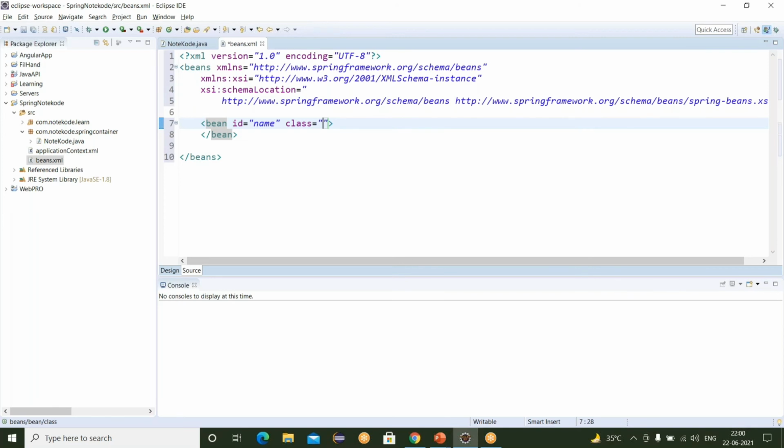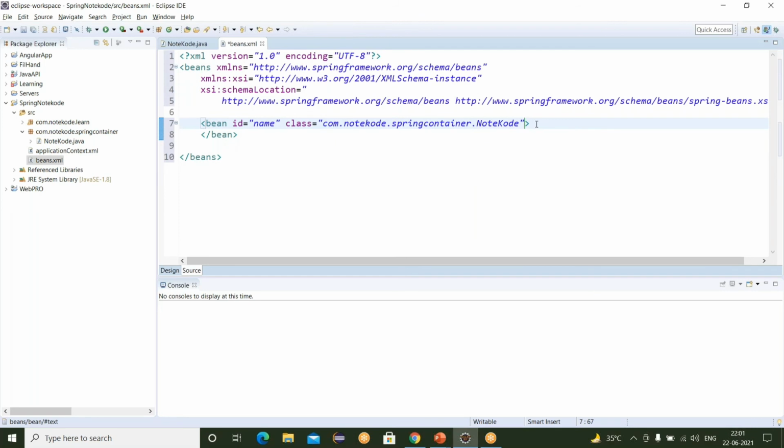So my package is com.nodecode.spring.container and our class name is NodeCode. You can see this is our package name and this is our class name, right?